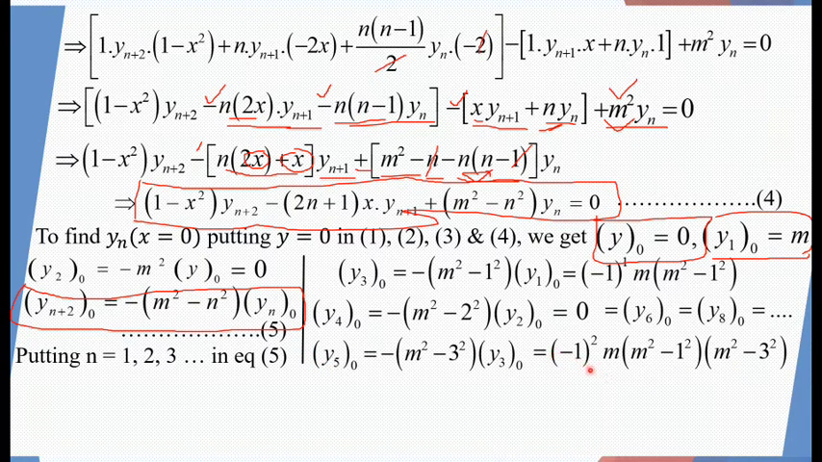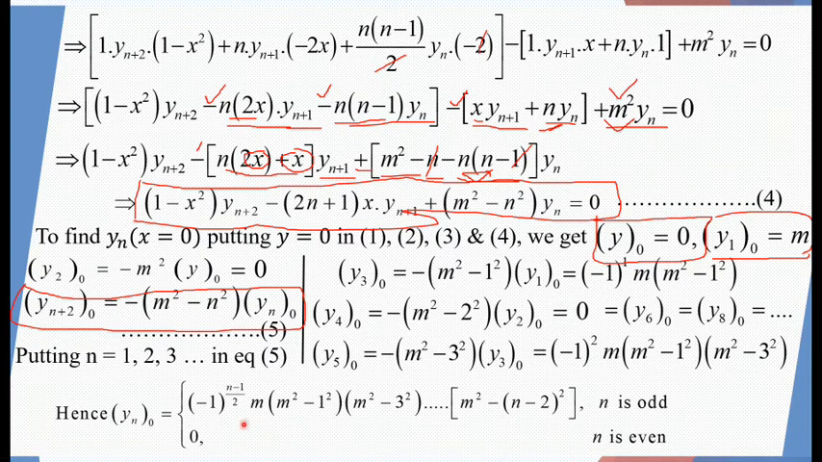It will be minus 1 cube m into m square minus 1 square into m square minus 3 square into m square minus 5 square. So the symmetry will go on. So we can say yn0 is equal to minus 1 power n minus 1 by 2 into m square minus 1 square, m square minus 3 square up to m square minus n minus 2 square when n is odd, and 0 when n is even,